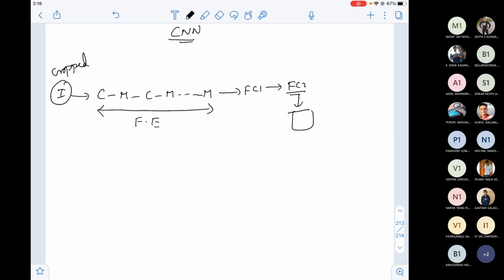Whenever you read any textbook, they'll say that the feature extraction outcome is given as input to support vector machines, and the support vector machine will classify the object. That's perfectly fine, but there is no need to go to a machine learning algorithm. You can even extend your neural network and update the weights, and your neural network itself will classify the objects. That's one thing. This is my classifier.